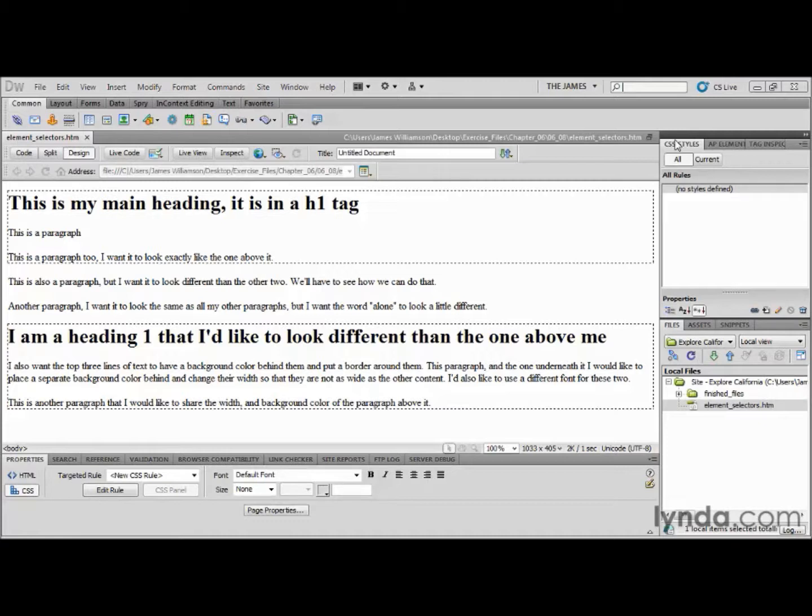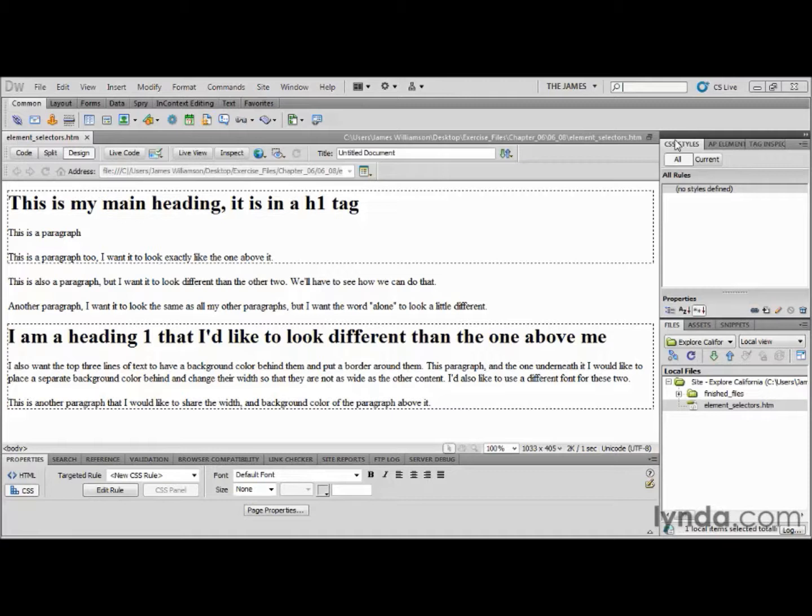Now, the most basic and fundamental selector in CSS is the element selector. Put simply, the element selector allows us to restyle an element based on its tag. To restyle our paragraphs, for example, we simply use the P selector. Now, there are pros and cons to using element selectors. One of the things that make them so powerful is that by using them, we're affecting all of those elements,